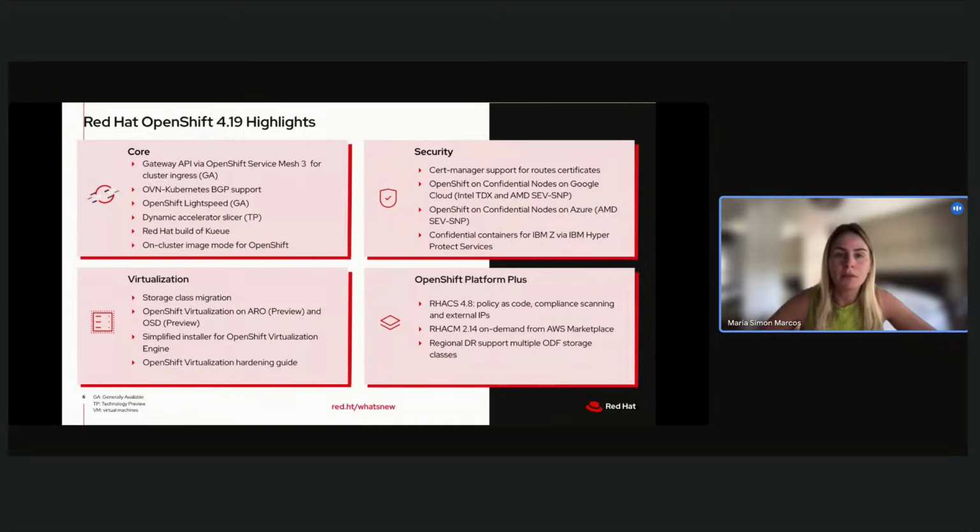We are graduating Gateway API with Istio to general availability. This provides a unified, open, and extensible API for managing cluster ingress that replaces the traditional Kubernetes ingress APIs. We're also providing seamless integration between OpenShift networking and customer external networks with BGP. OpenShift Lightspeed is now generally available and introduces new tech preview capabilities such as bring your own knowledge and